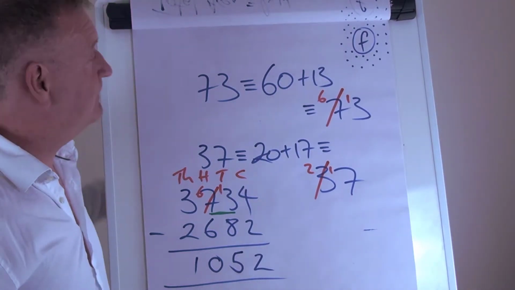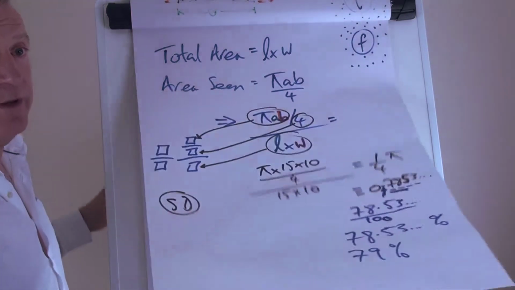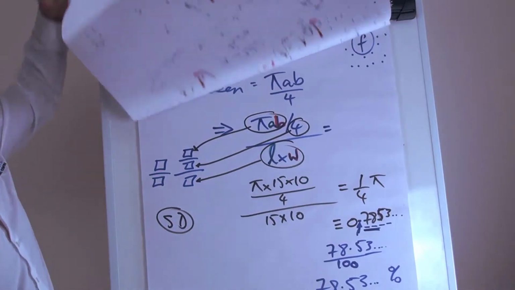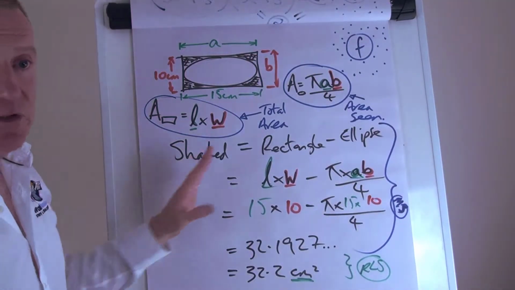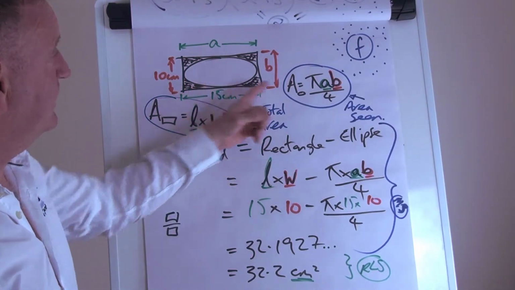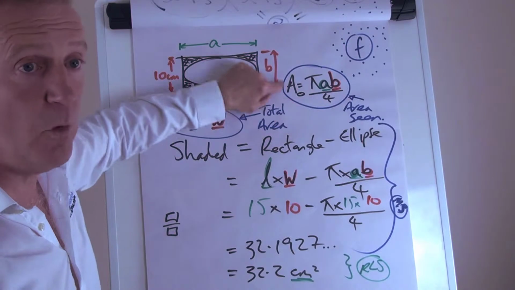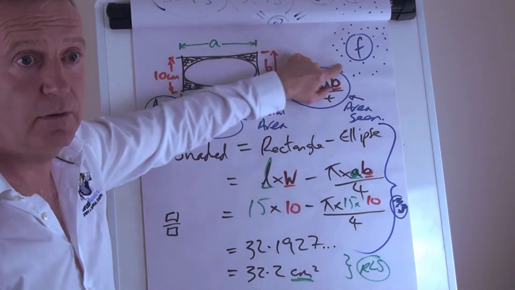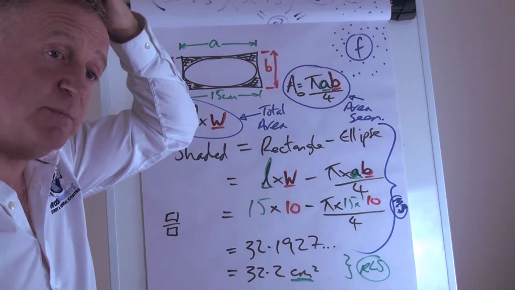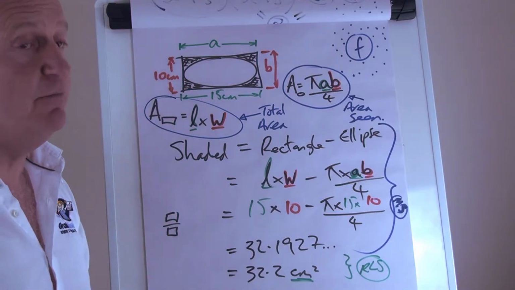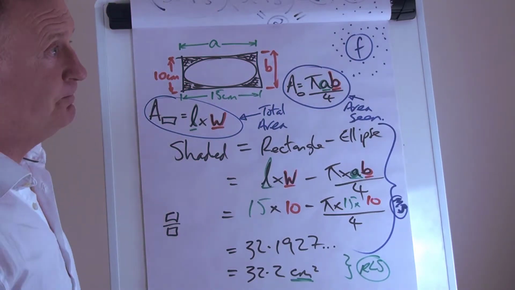Well, no, it's a formula that, you see, it's an unusual formula. It's an unusual area to have to work out. So what they'll do for you at GCSE, when it's an unusual shape for you to have to work with, they'll actually give you the formula. Sometimes they may give you something like the volume of